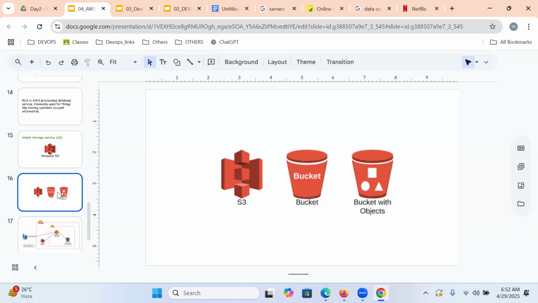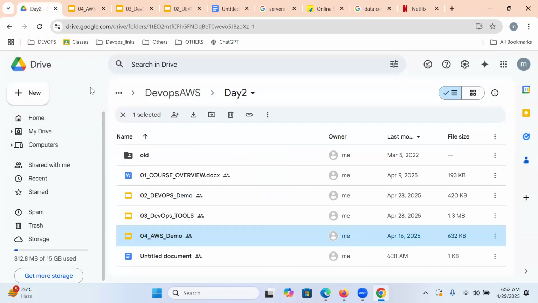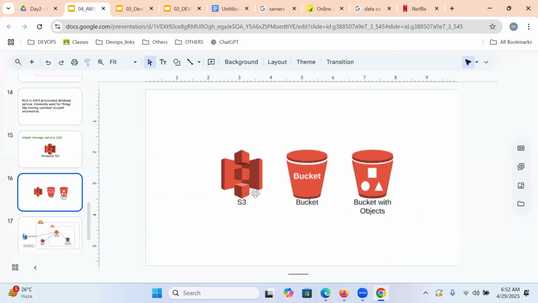We can upload the data and download the data like PDF, documentation, videos, audios, images, JPG format, any kind of document. The best example for an S3 bucket is Google Drive. You know very well, each and every student, how to use Google Drive, am I right? How we are using Google Drive, the same way our S3 bucket also works.